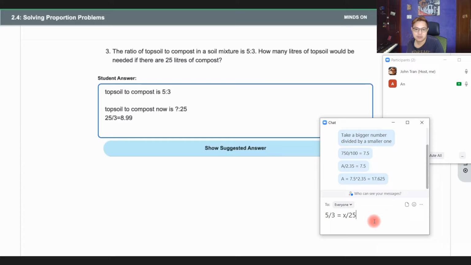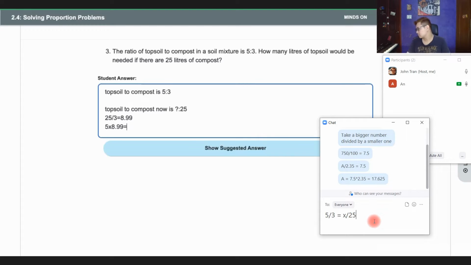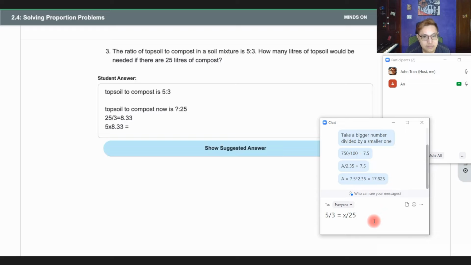Yeah, and then the same thing happened. Then x divided by 5 is also equal to 8.99. And then you take the 5 and multiply by 8.99 something, so it becomes... Wait, sorry, this is 8.33, so it becomes